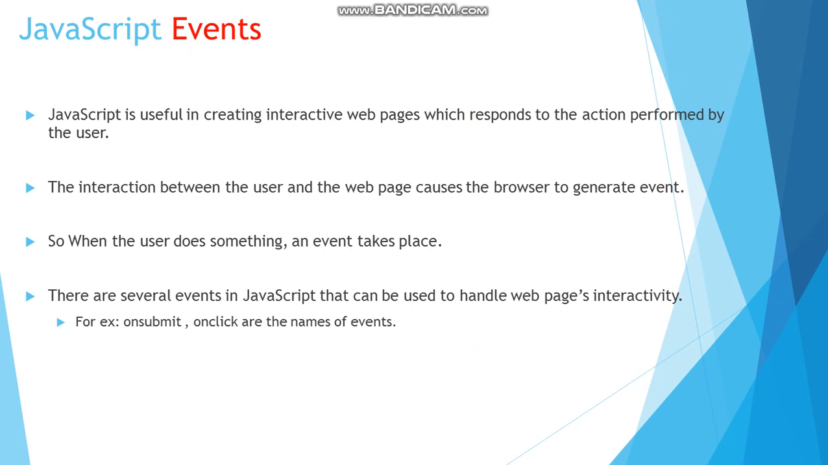Remember, JavaScript is useful in creating interactive web pages which respond to the actions performed by the user. The interaction between the user and the web page causes the browser to generate an event. So either using mouse or keyboard, the user either clicks on a particular part or presses any key on the keyboard. So whenever the user does something, an event takes place. There are several events in JavaScript that can be used to handle web page interactivity. For example, onSubmit, onClick,